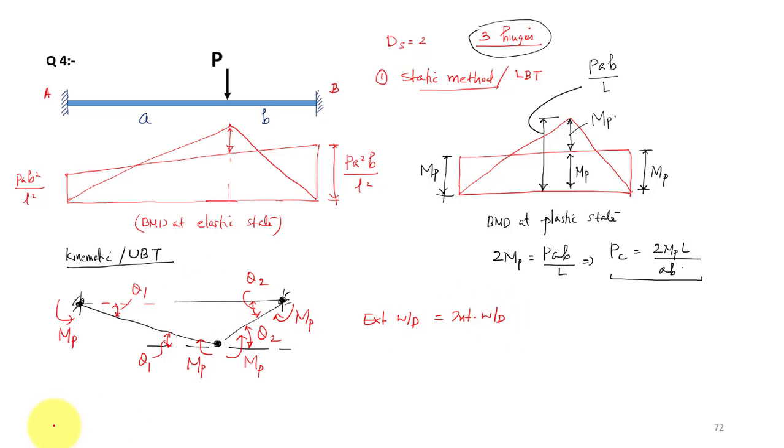So we have the loading also. This is my external loading. Let us say this is a collapse load, and the corresponding deflection is delta. The external work done is P_C times delta, and internal work done is MP into theta 2,